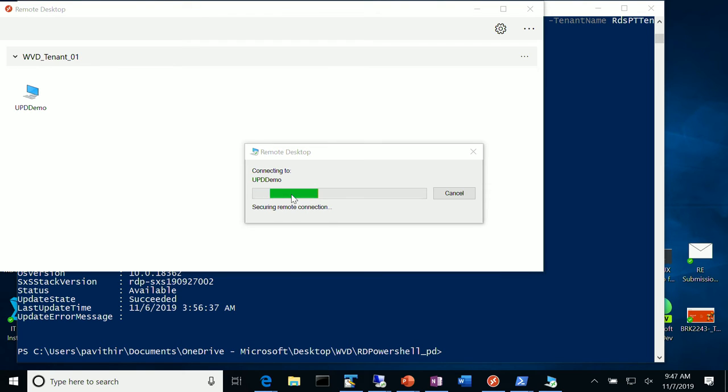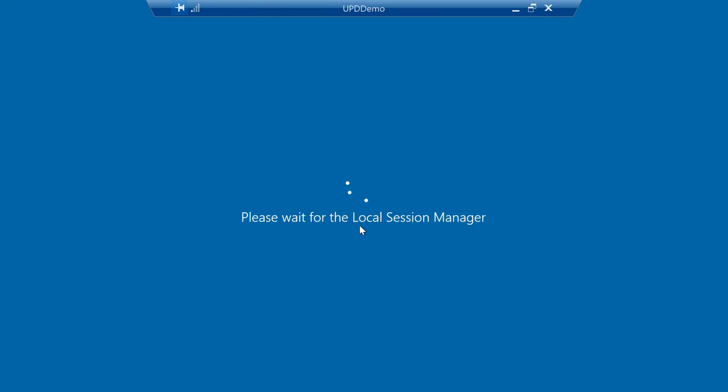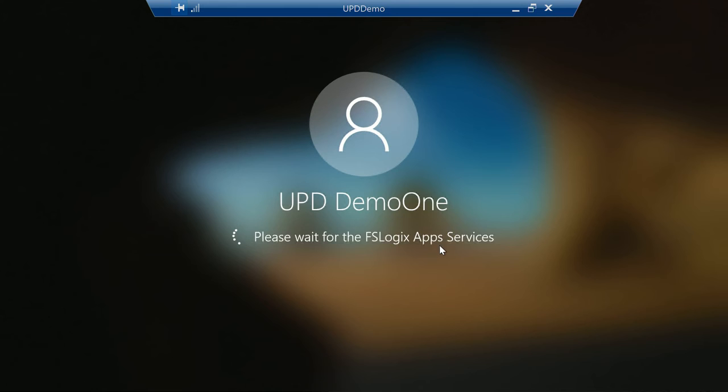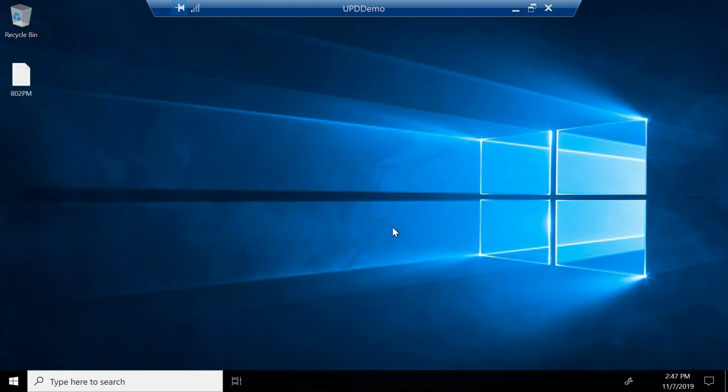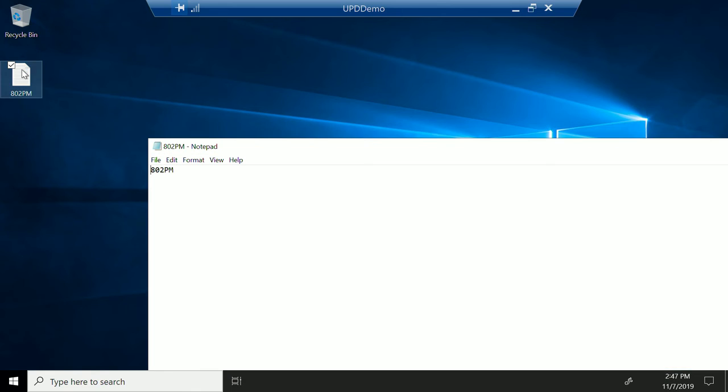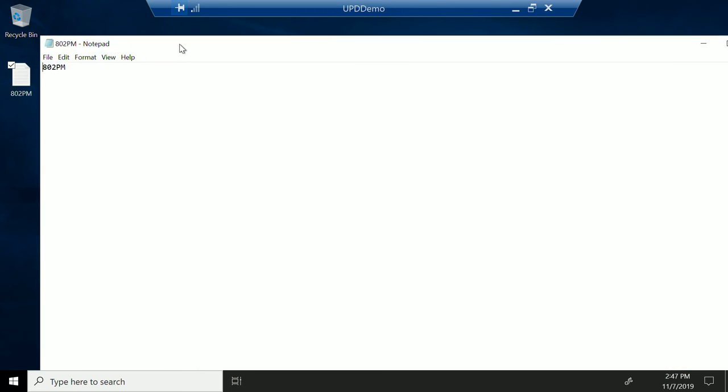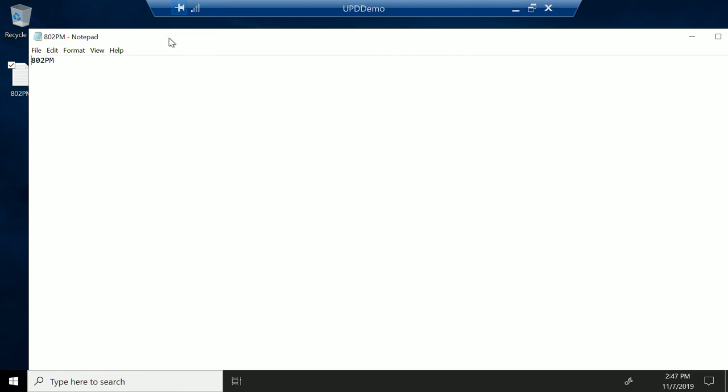So I am logging into my remote desktop that's been provisioned for me. You can actually see that FSLogix is being loaded here because your VM has already been configured to use a profile container and the path where we had the profiles. Give me a minute, the desktop will come up, and you can actually see that 8:02 p.m. that we saw as part of our UPD is now part of our profile container, and your Windows Virtual Desktop user was actually able to utilize that.